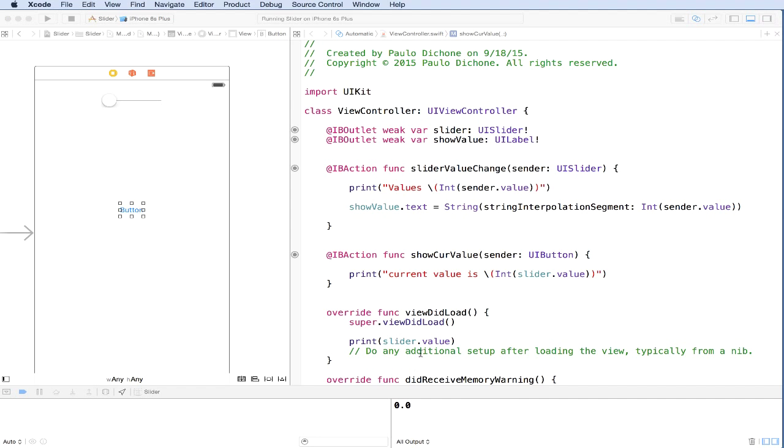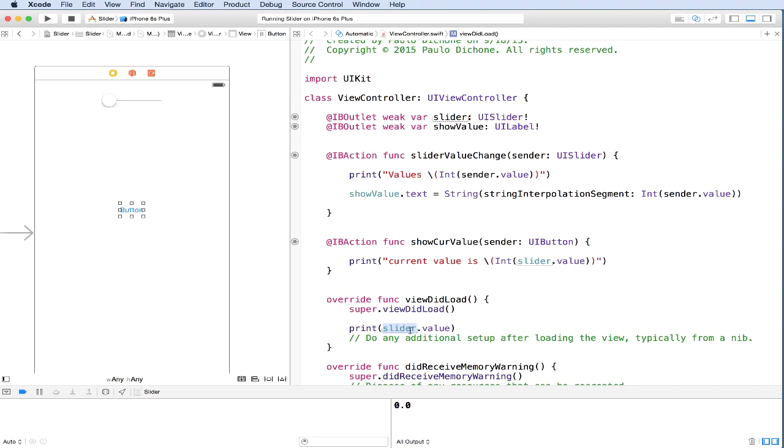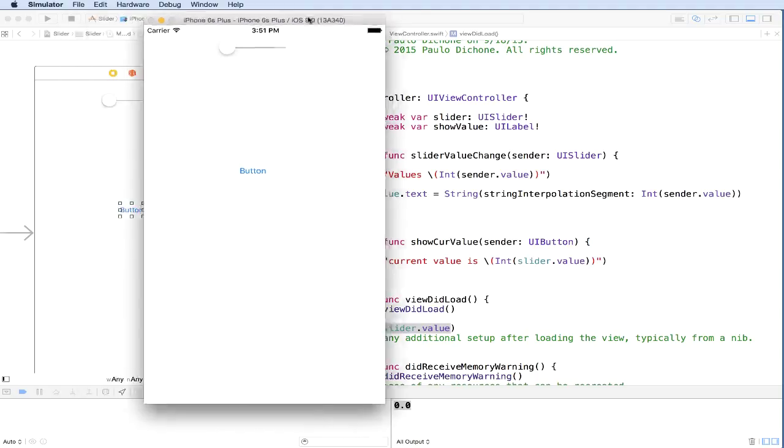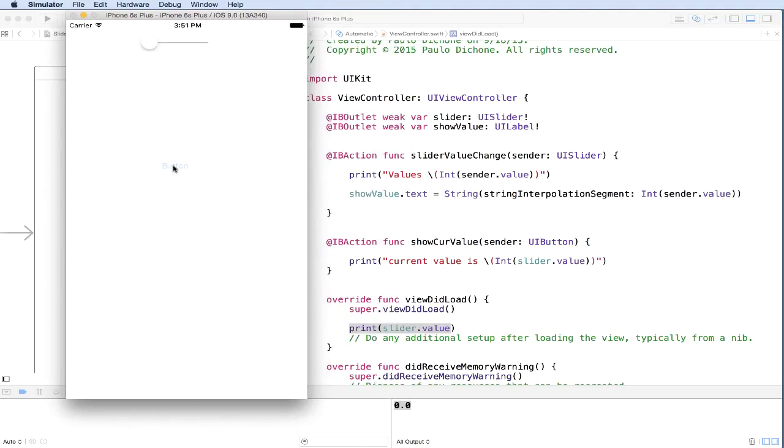Okay, so as you can see, because we have slider here at the bottom, slider dot value, we're printing it out. That's why we still see 0.0 here, right, on view.load. But notice something is gonna happen here. If we click, current value is 0, which is true. Let's move this a little bit. It's 3. Let's click again. It says current value is 3. All right. You see now the beauty of having created this slider outside, right? As you can see, we can fetch the value as we slide our slider. Click the button and it fetches the current value.